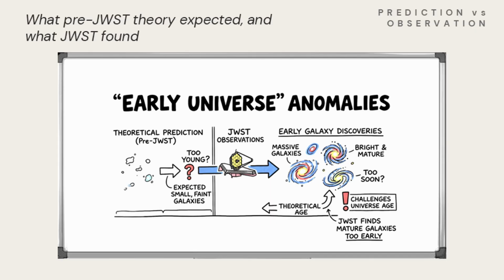A landmark paper by Labbé and colleagues, published in Nature in 2023, reported candidate massive galaxies at redshifts near z=9, with stellar masses comparable to the Milky Way, observed when the universe was, according to the standard timeline, less than